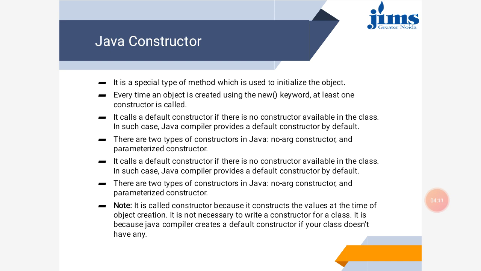When you are using class name, object name, equal, new, then constructor, then at least one constructor will be called, and that constructor will either initialize with default values or the values which you pass at the time of object creation. It calls a default constructor if there is no constructor,